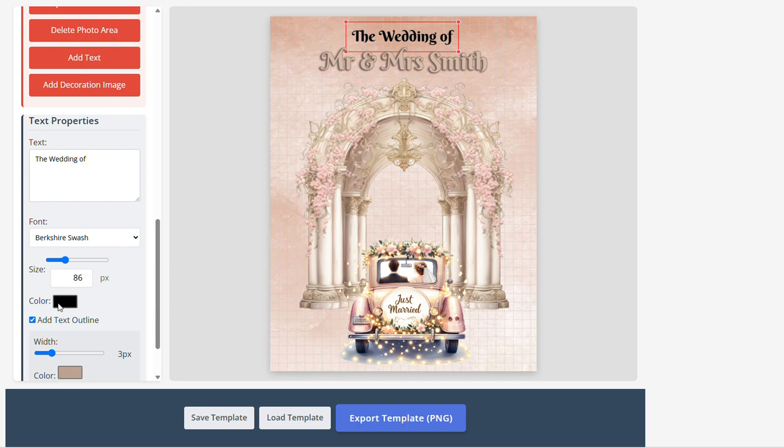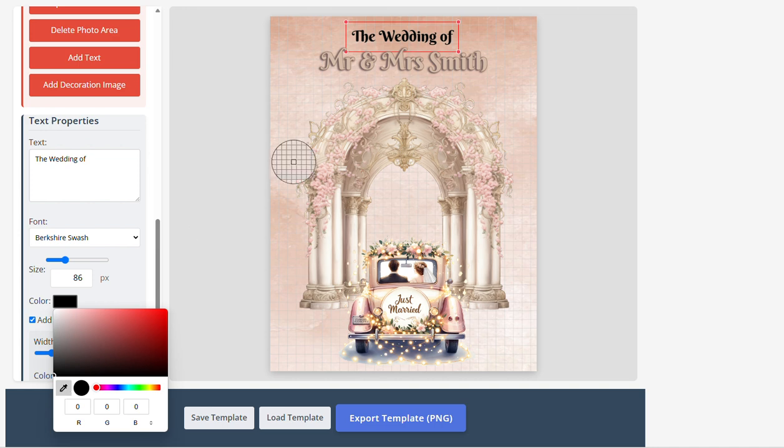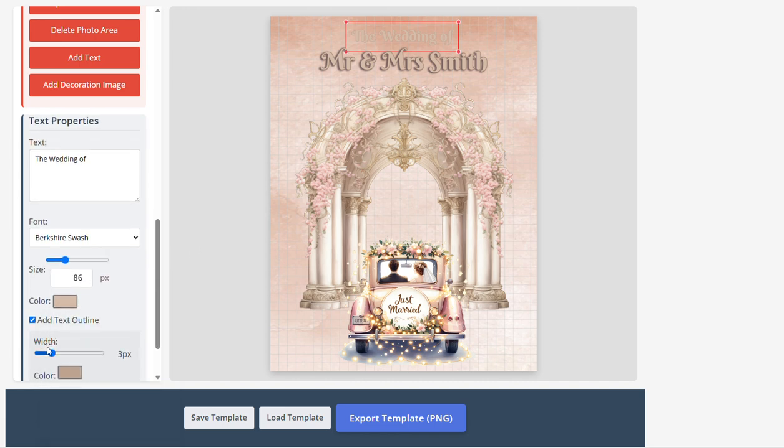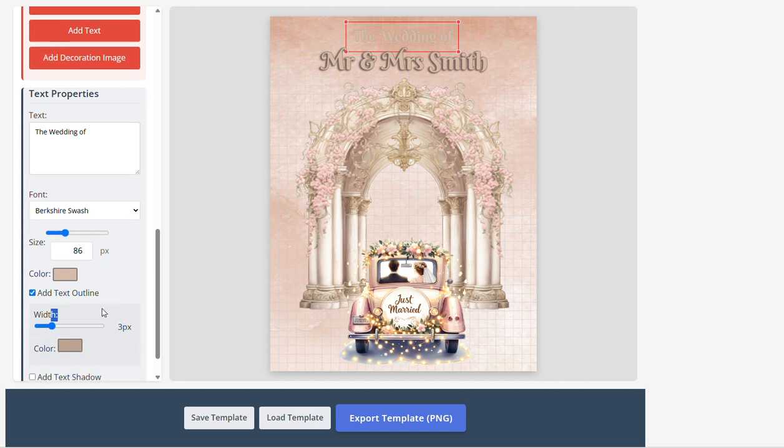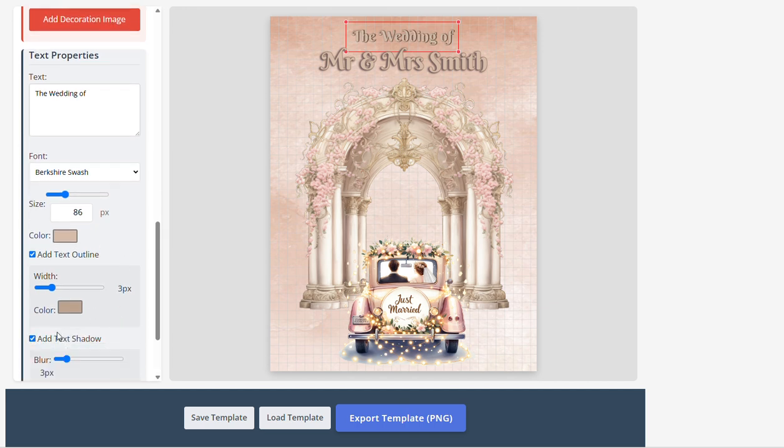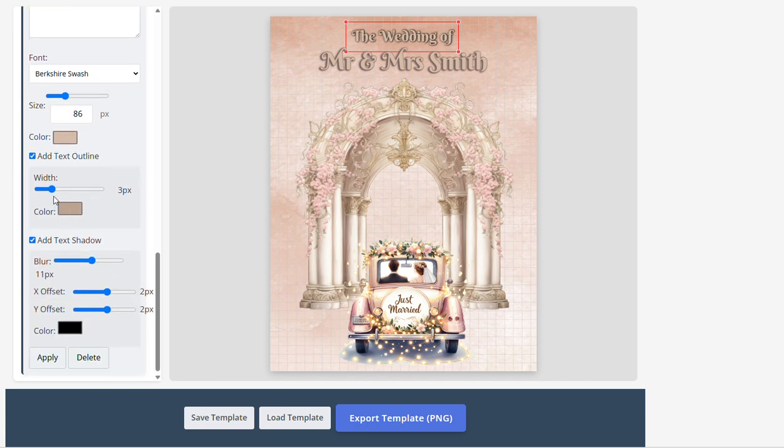We need to change the text colour first of all. So use the eyedropper. And then if you take it over the text that you've already done, there we go. And then the width of that, and then if we add the text shadow again, there we go. So we're getting there now. It's the wedding of Mr. and Mrs. Smith. Take the blur up on that,